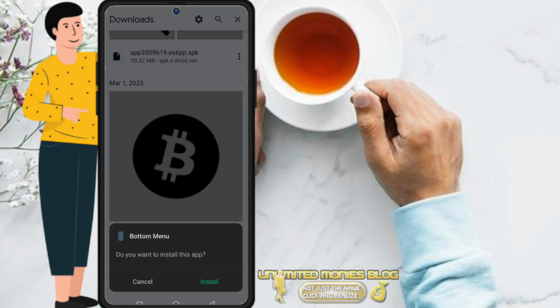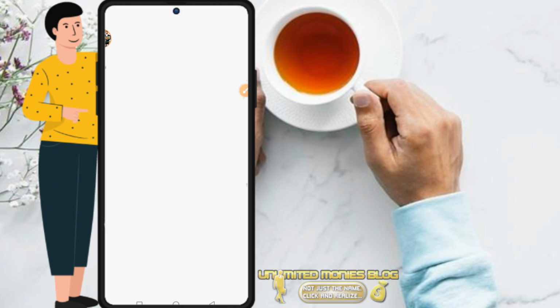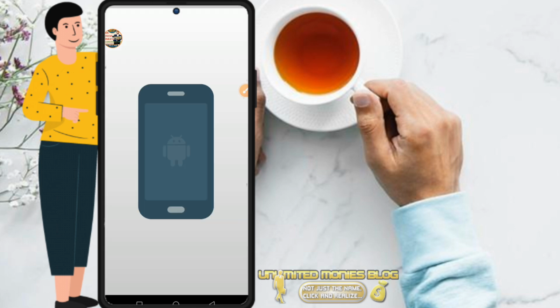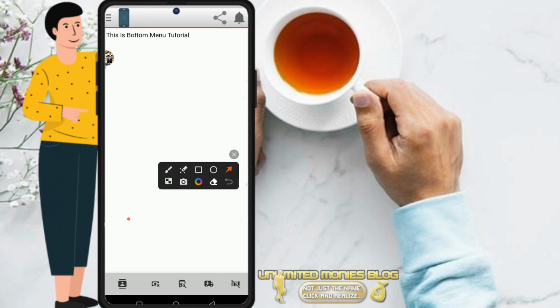After the app has finished downloading, I want to install it now. I click on install to install it. After the app has finished installing, I click on open app to open it. I open my app. I want to check it and see if what I'm doing works. As you can see, it's there. Look at the icons here. See the icons I downloaded and showed you. I put them here. These are the bottom